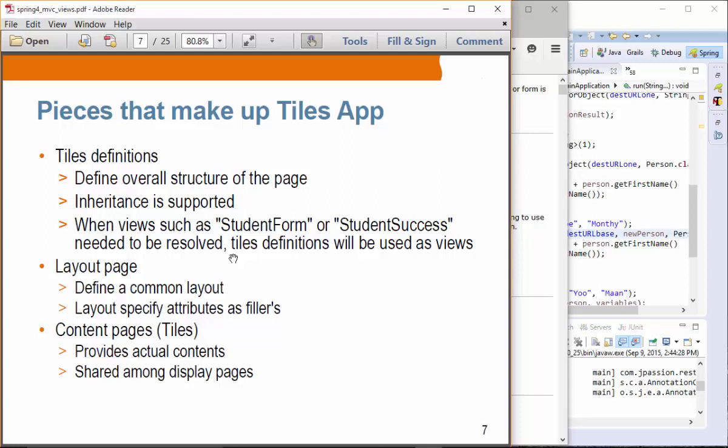You also create a layout page, which provides the common layout. Basically you are going to say this section contains the header, this section contains the footer, and this section contains a menu and things like that. And then you have a content page. The content page is the one that actually provides the actual contents. All right, so let's take a look